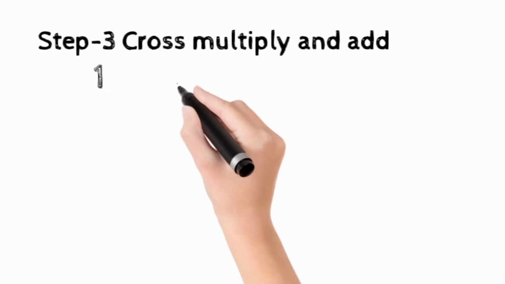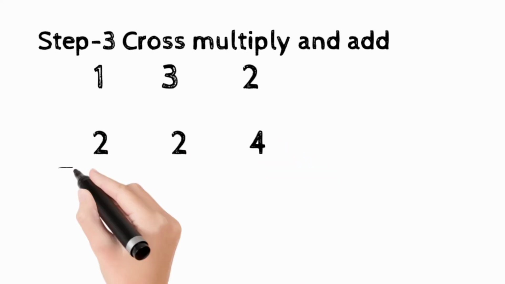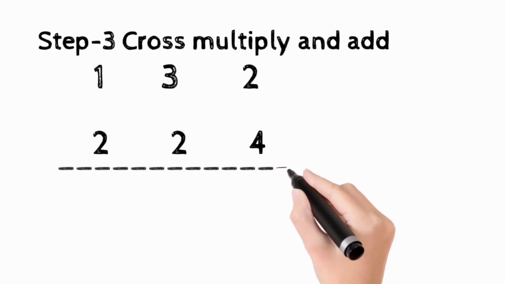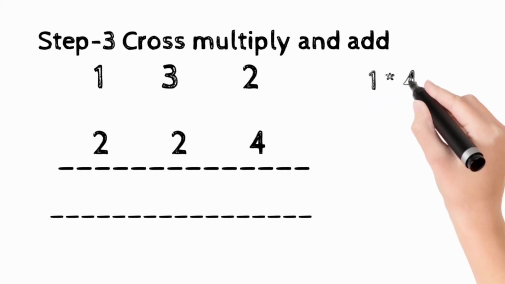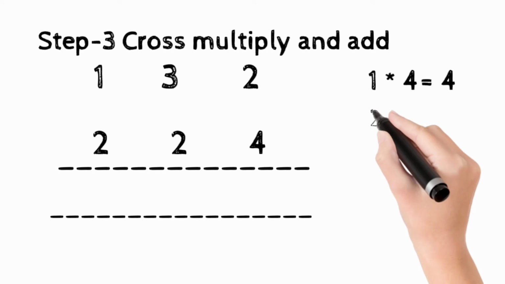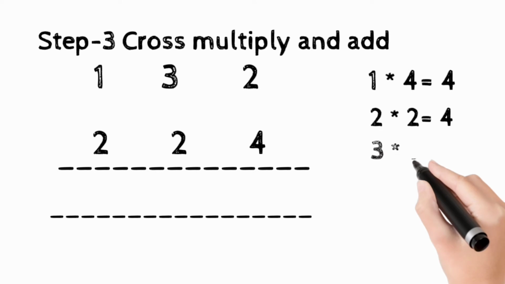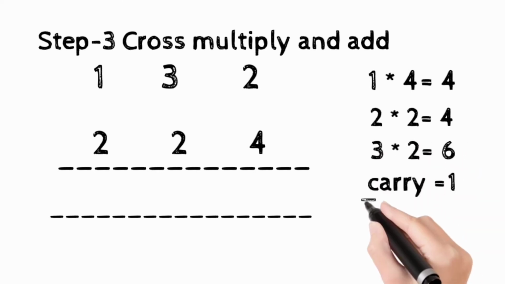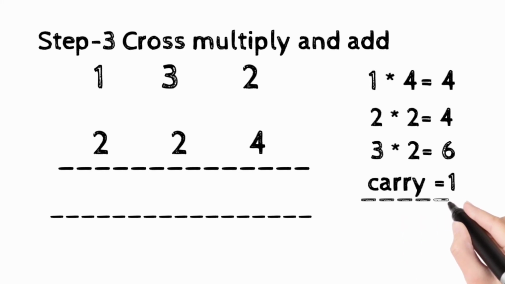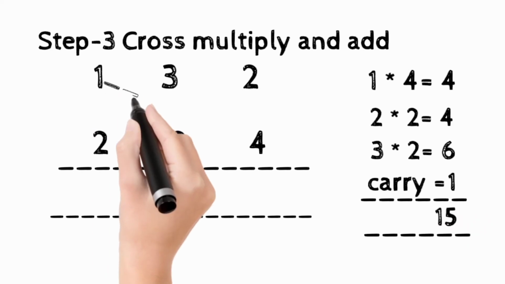Now we are moving towards step 3, that is again cross multiplication and addition. The number is the same. Now in this we have to do the cross multiplication of 3 numbers. Clear? Ones place with hundreds place in both the cases and tens place with tens place. Multiply hundreds place with ones place, that is 1 into 4, that is 4. Now 2 into 2, that is also 4. Now tens place with tens place, that is 3 into 2, that is 6. Now your carry forward is 1. Add all these. What will be the answer? 4 plus 4 is 8, 8 plus 6 is 14, plus 1 is 15.